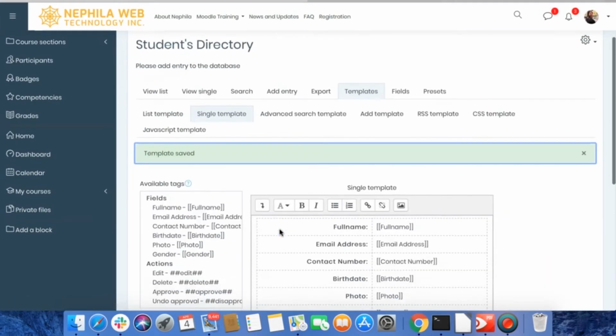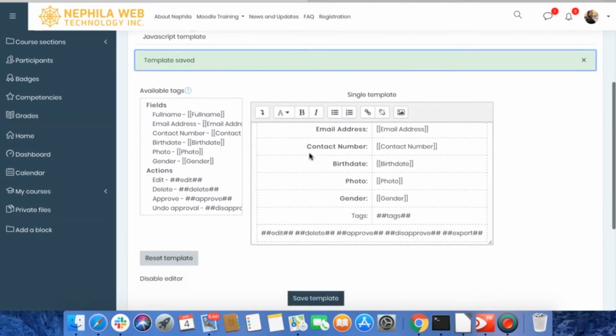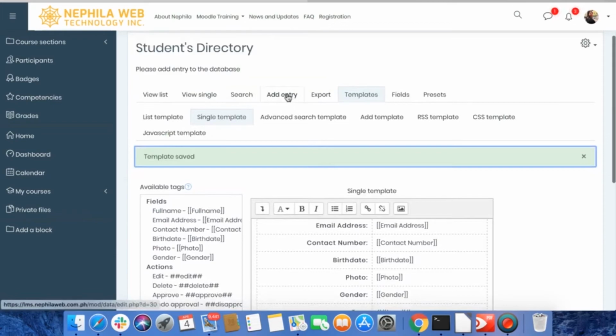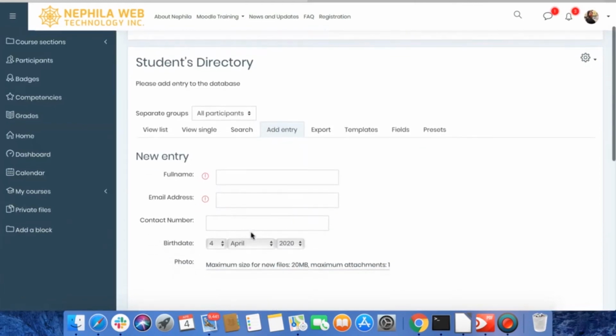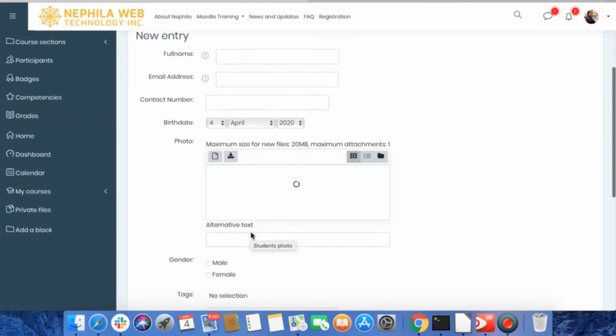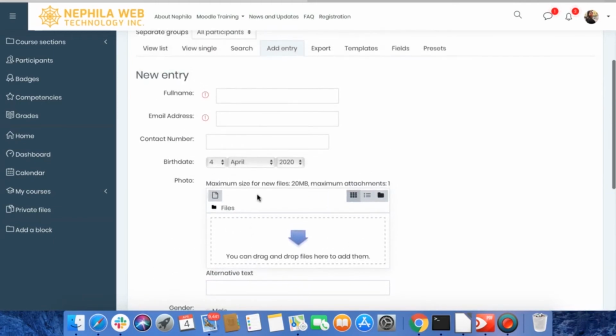And afterwards, you will be able to see the form that you have created or the fields that you have created. You just click on the add entry tab, and there you will see the form or the fields that you have added on your students directory. Suppose that I am going to enter